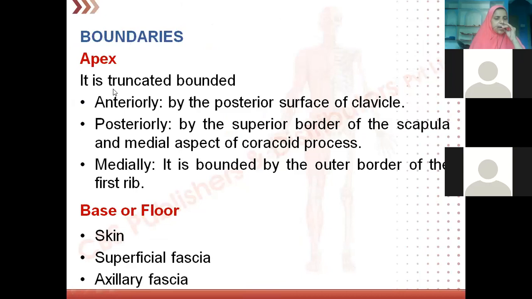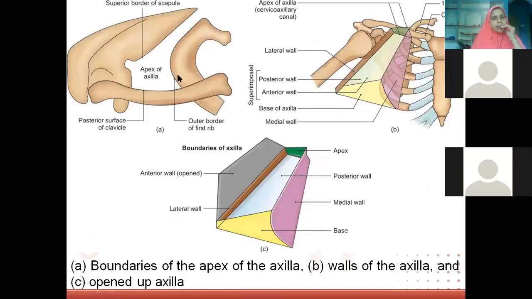So with that idea, see it is truncated and affects anteriorly. It is bound by the posterior surface of the clavicle, posteriorly by the superior border of the scapula, medially bounded by the outer border of the first rib. Okay, that means whatever boundaries we have seen, these are the boundaries of the apex